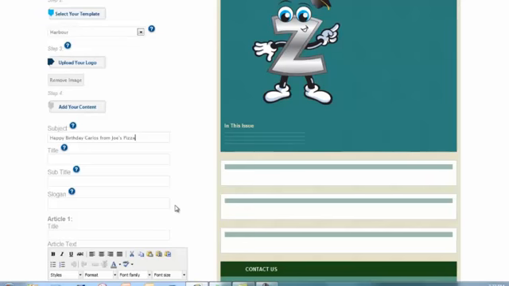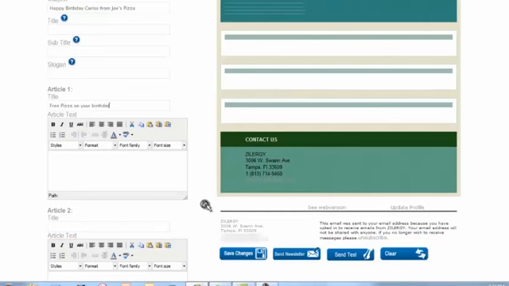Now, inside of your email program, other than the subject, you start to fill in the content of this template on your right. So I'm going to skip over the subtitles and slogans and just show you quickly what the article might be. Free pizza on your birthday. And now when I save these changes, if I see something that I like,